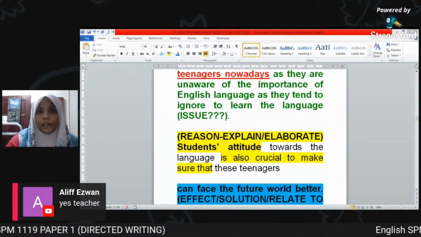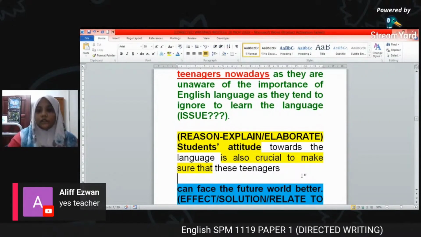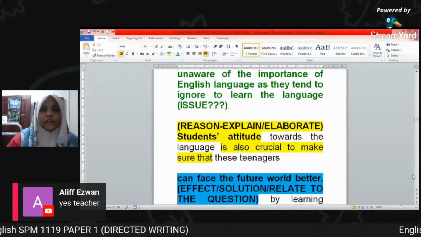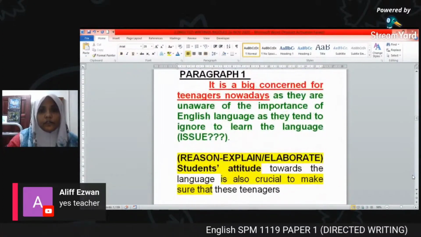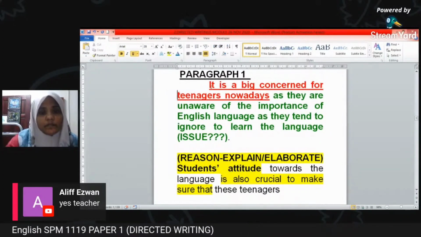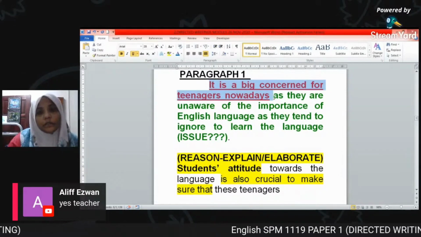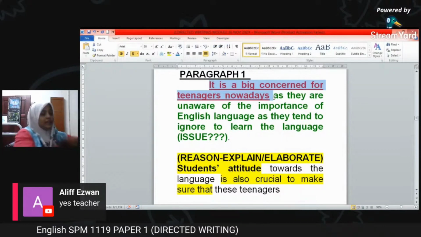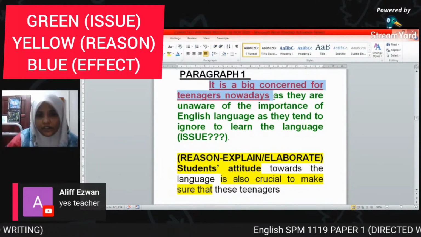All right. Okay. Now let's go back to Microsoft Word. You have three parts in the first paragraph itself. Tell what is the issue. I wrote this in red because you can use it for other essays as well, when you have questions related to this, or if you want to start your essay with something that involves teenagers, you can use this sentence as well.